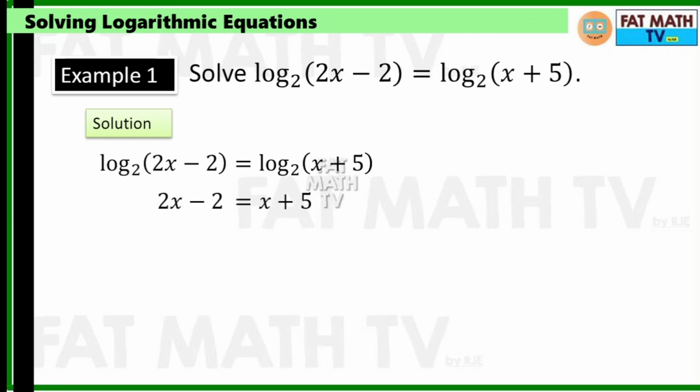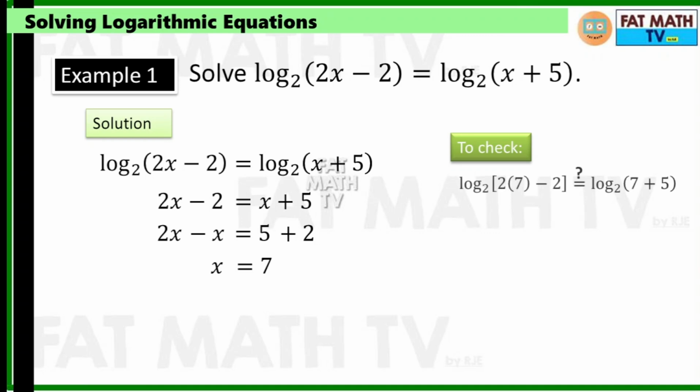Then we apply the addition property of equality. So x will be put to the left and negative 2 to the right. So you will have 2x minus x equals 5 plus 2. 2x minus x is x and 5 plus 2 is 7. So x is 7. Before you conclude that the final answer is 7, you have to substitute it first